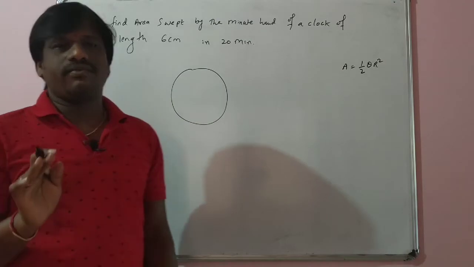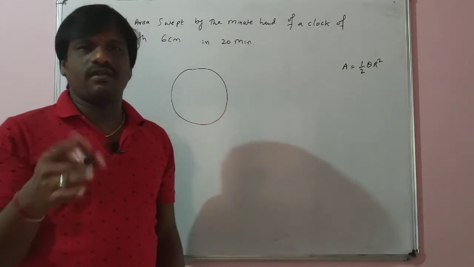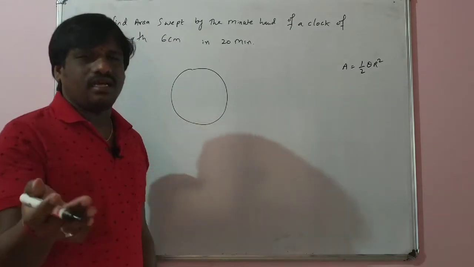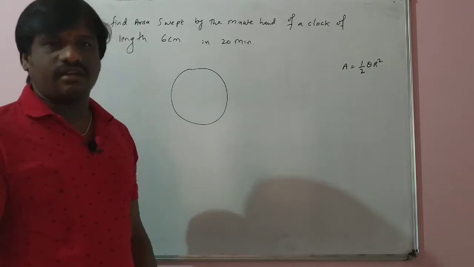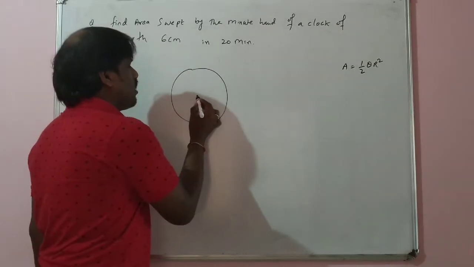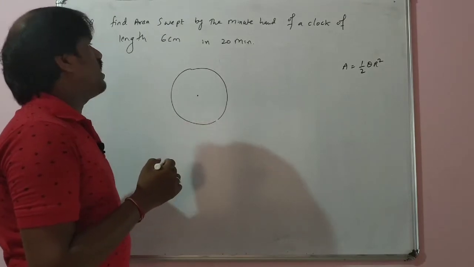Okay, these types of questions are not important for JEE Mains. These questions are only important for boards, and I can say for some of the CET exams, like state-wise exams. Okay, now just see here: find the area swept by the minute hand of a clock of length 6 centimeters